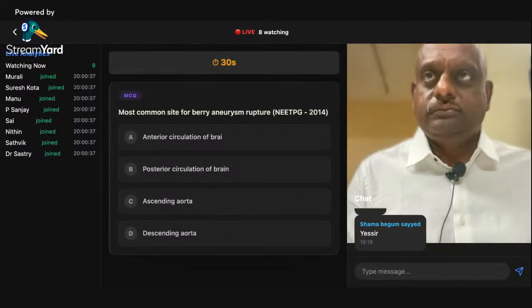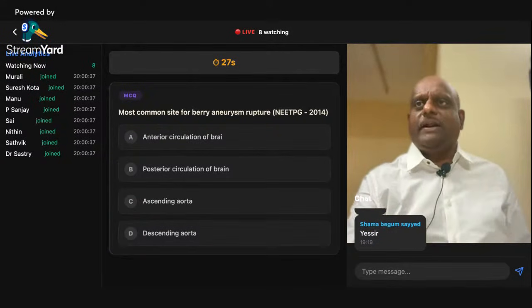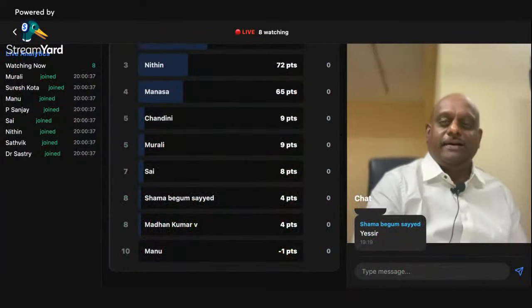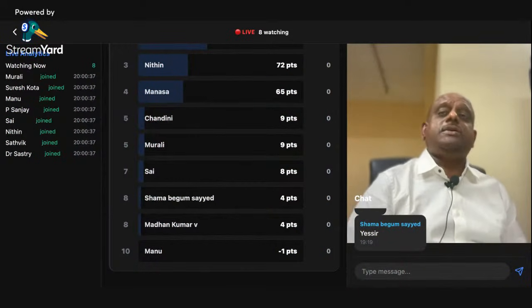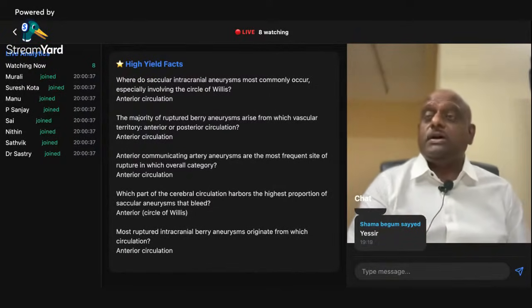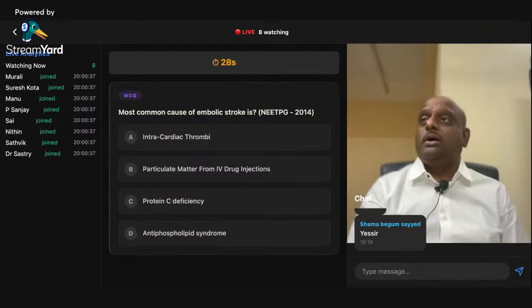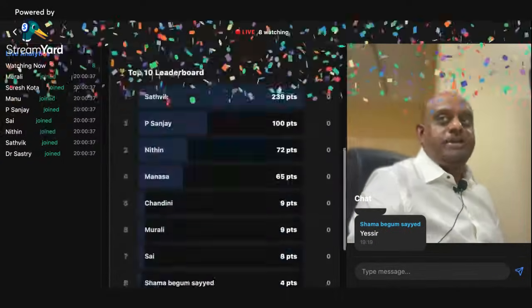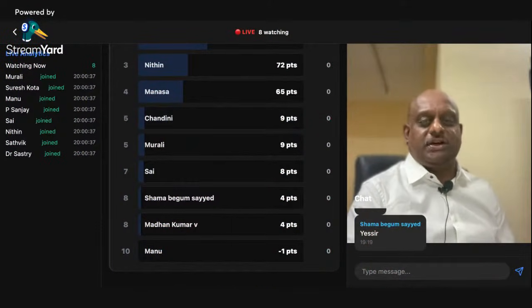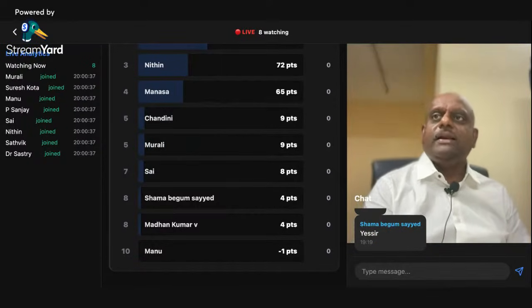Now, the most common site of the berry aneurysm to rupture, another favorite question of the examiner, is the anterior communicating artery, which is the anterior circulation, the most common site where the berry aneurysm ruptures and leads to development of the subarachnoid hemorrhage. The most common cause of an embolic stroke typically originates from the intracardiac thrombi. This is a rapid fire session. Keep punching answers in less than 5 seconds, doctor. Right? Now,